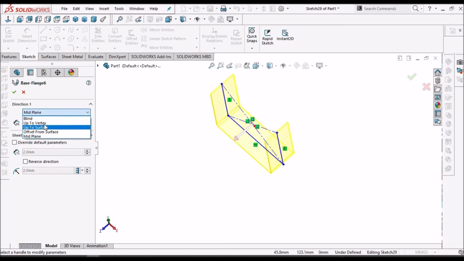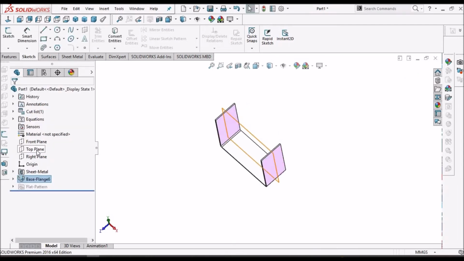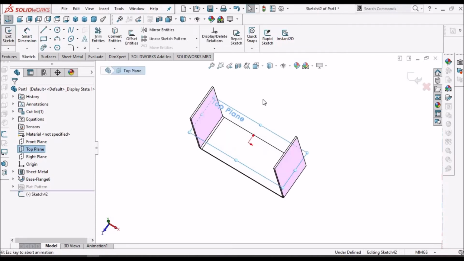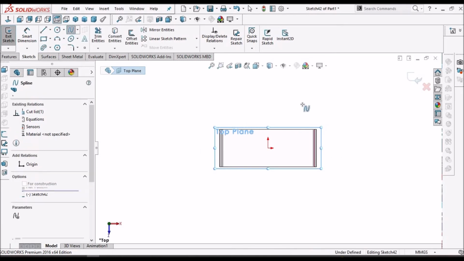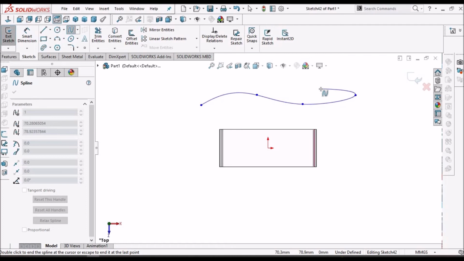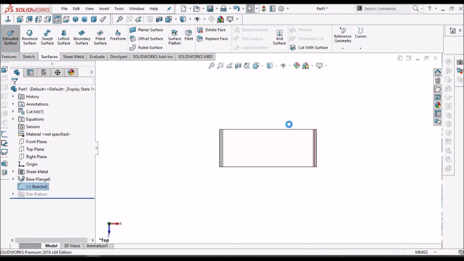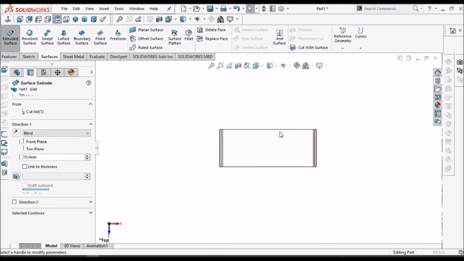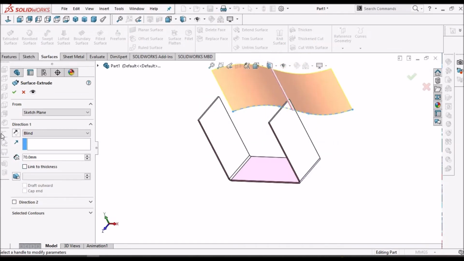So for up to vertex, up to surface and offset from surface, we should have one surface feature. Same, I have created one surface.